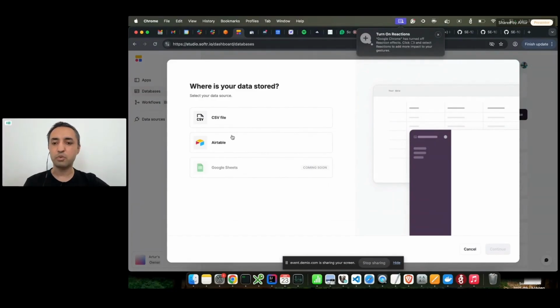So you can, with one click, import your Airtable data into Softr. And this might sound easy, but there are certain challenges because when the databases are relational, there are a lot of bidirectional links and formulas and all that. We just need to make sure that we properly import your data into a Softr database, and that's why it takes a bit of effort. CSV, on the other hand, is usually just a single file, and it's easier to import. So that's why we went with this first, and Airtable is going to come very soon.